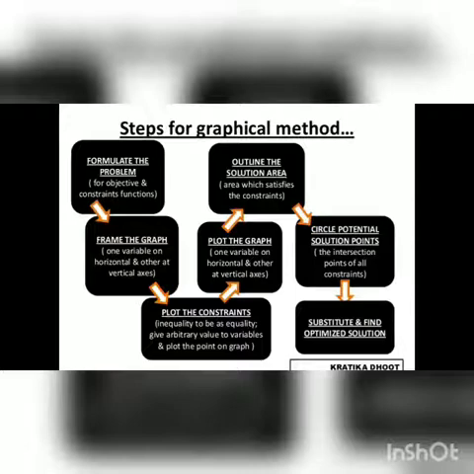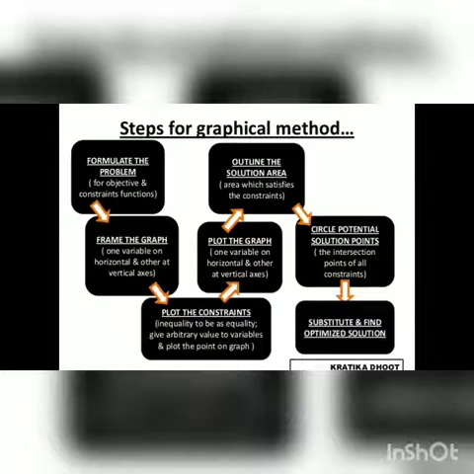The next step is to plot the graph, with one variable on the horizontal axis and the other on the vertical axis. Basically, it is the process taken after plotting the constraints, because first of all we have to frame the graph, and after that we can plot it in a systematic manner, so that we can understand the feasible solution we can have. It may be very effective for finding the feasible solution.